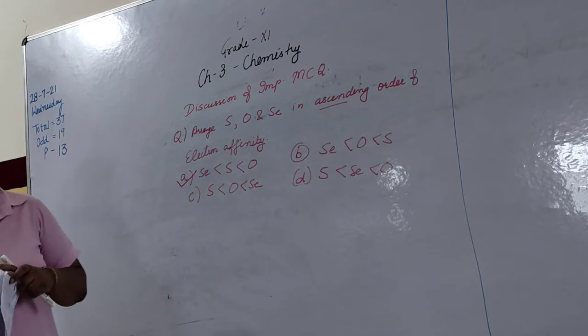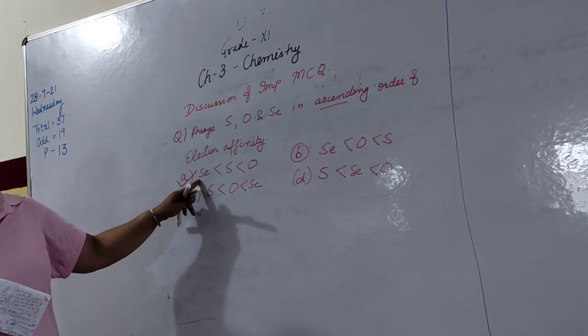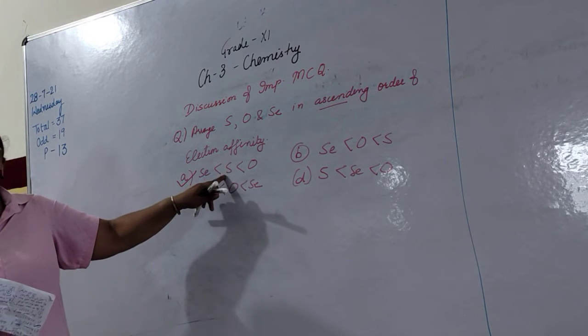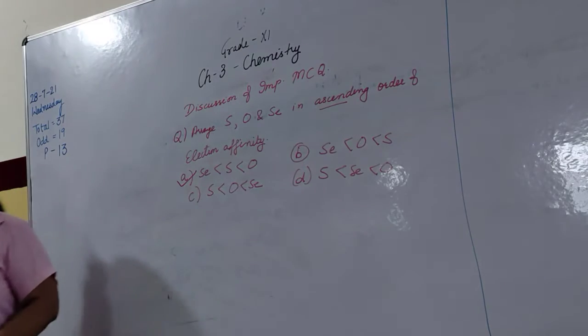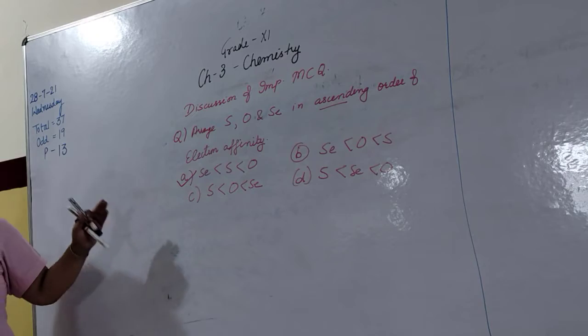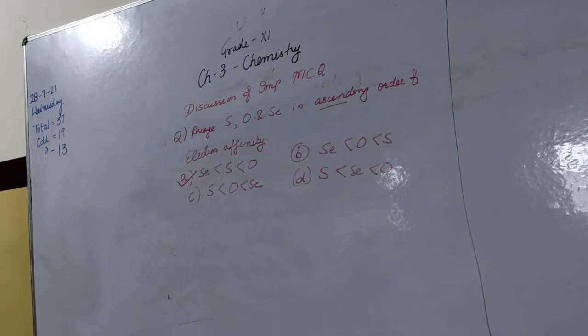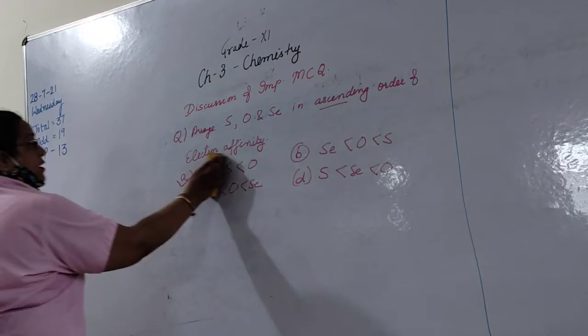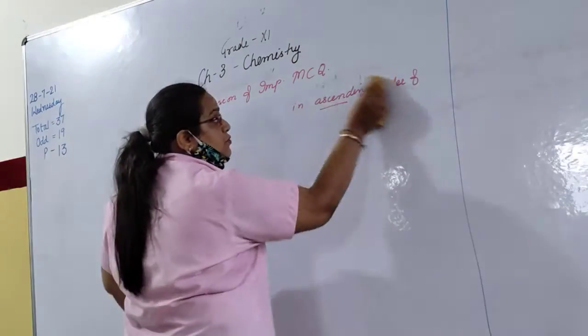Just check their positions in the periodic table. One belongs to group 14, and they both belong to group 16. Fine. So with this you can arrange them. This kind of question also comes in CBSE and your competitive exams. Same type of questions. Fine. Next very important question. Same kind of question is in your NCERT back exercise also.